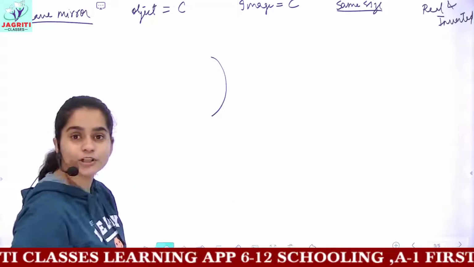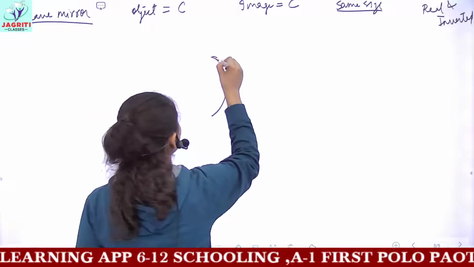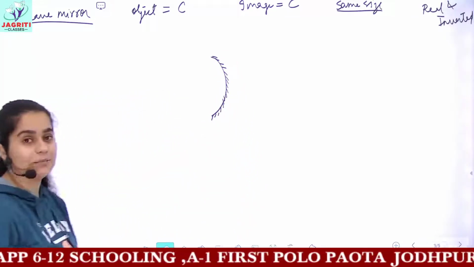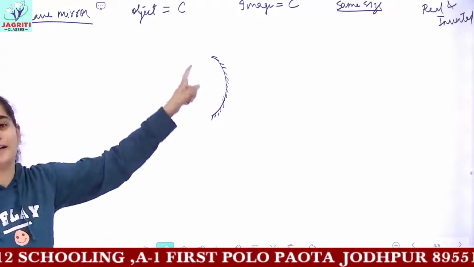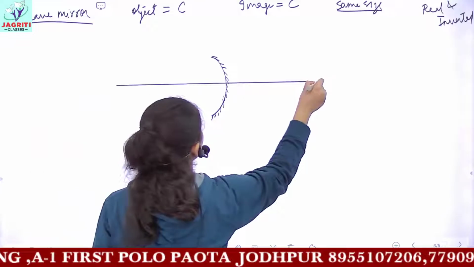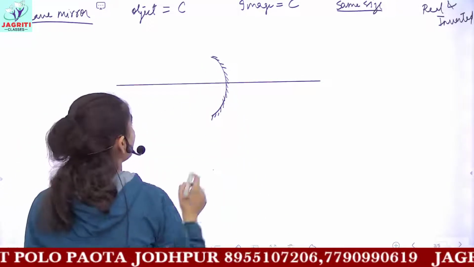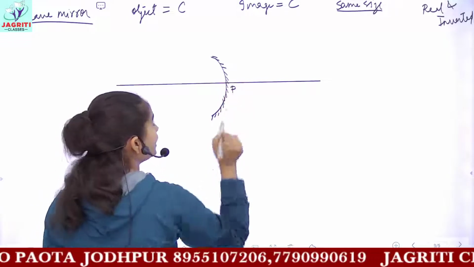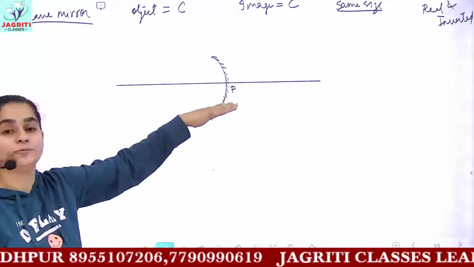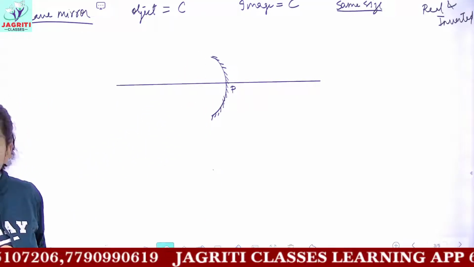So we have drawn the concave mirror. No, this is not complete. For drawing a concave mirror, you have to paint it from the outer side because you should have only the inner reflecting surface. Then we are required to draw a straight line passing through the approximate center of the mirror, and this point would be called the pole. So you have to draw a principal axis, and then you have to name the point at the middle of the mirror as the pole.